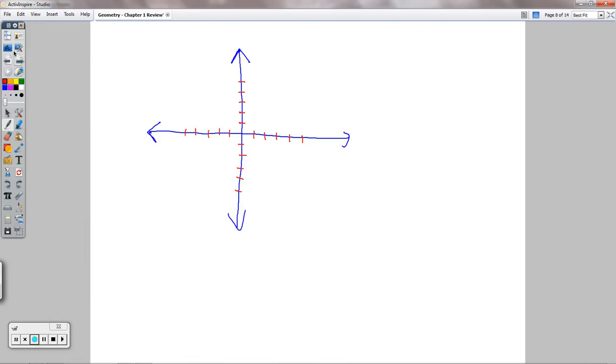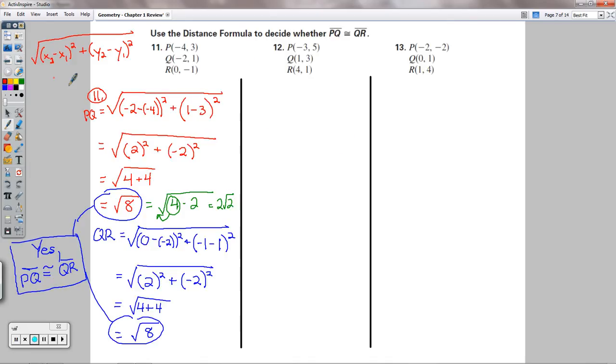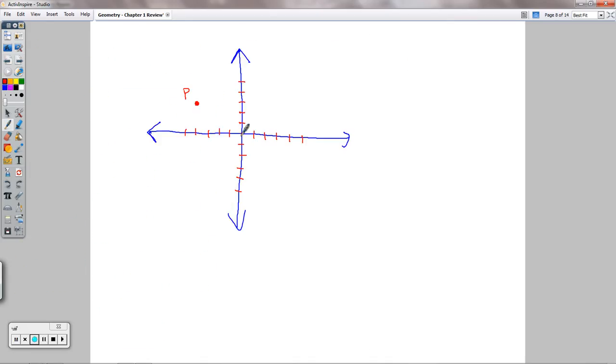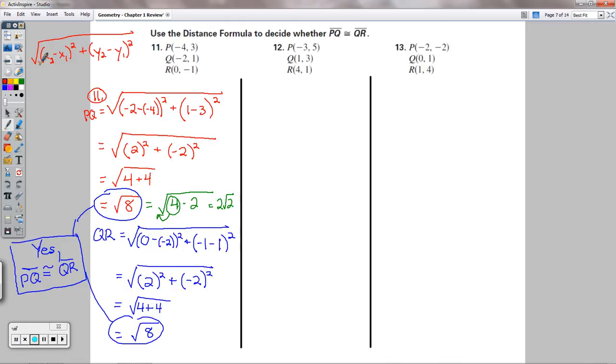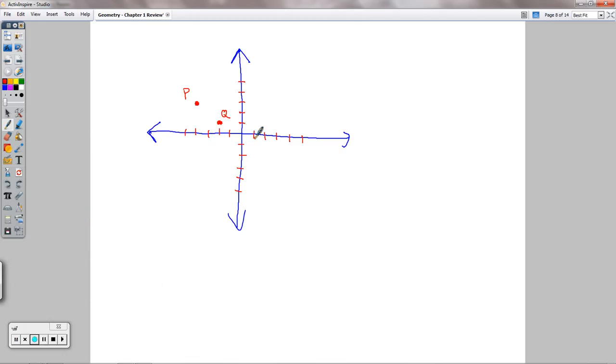Is that correct? Yes, -4, 3. So -4 and +3 right here. This was P. -2, 1. That'd be right here. -2, 1. That would be Q. And 0, -1. 0, -1